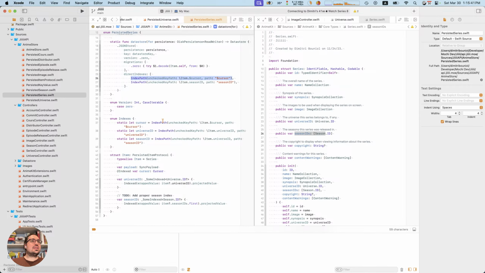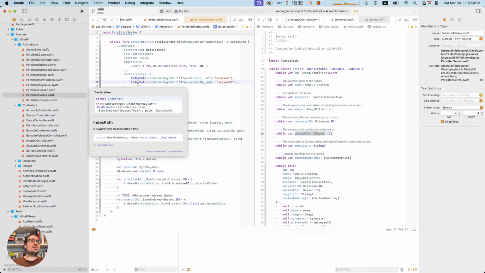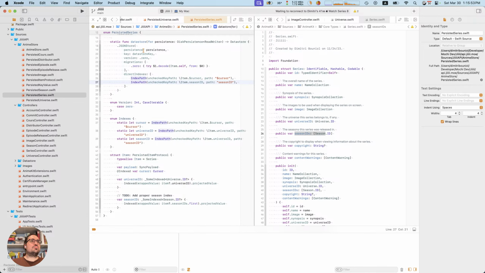And I can't even save these two things because they're actually subtly different types. Like this one is some indexed, whereas this one is any indexed, for very frustrating reasons. So I'm trying to play with all these different puzzle pieces to see how I can get it to work with the Swift type system in a way where I don't have to type a bunch of stuff for every new project that I start. I want it to be simple and nice. And it's currently not simple and nice, and it's making me mad every time I need to use it.